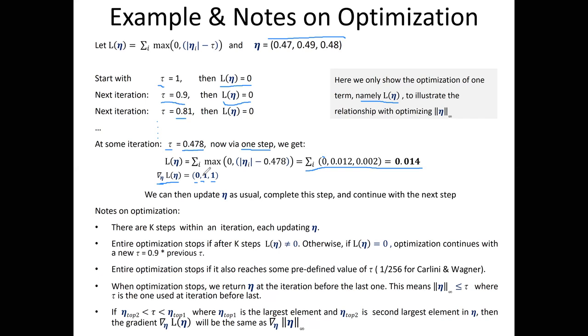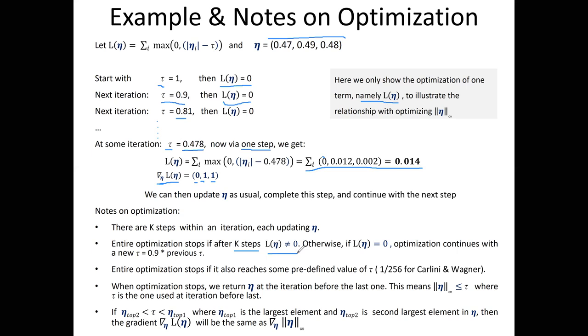After some point, eta is going to be updated, and it could be the case again that the change gets small, which is what we want. But let's say after k steps we reduce this eta, and we still have some change which is greater than tau, than what we want, then